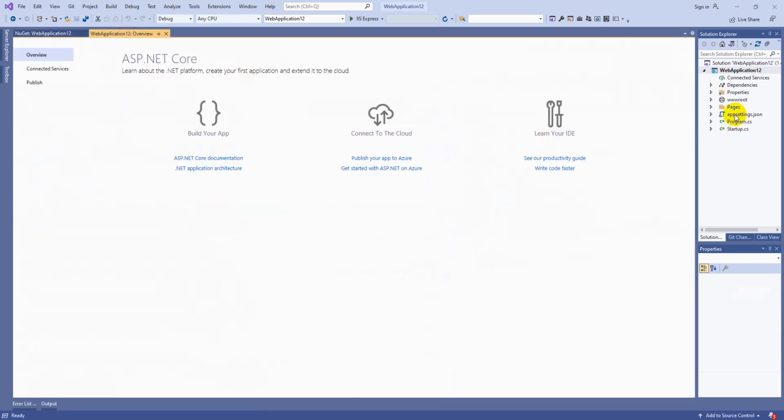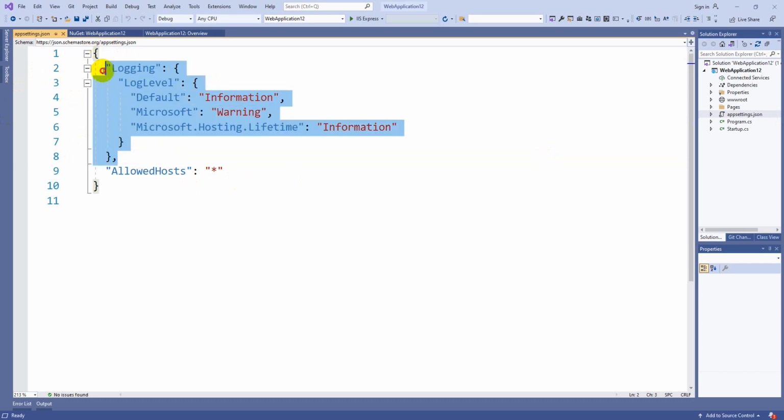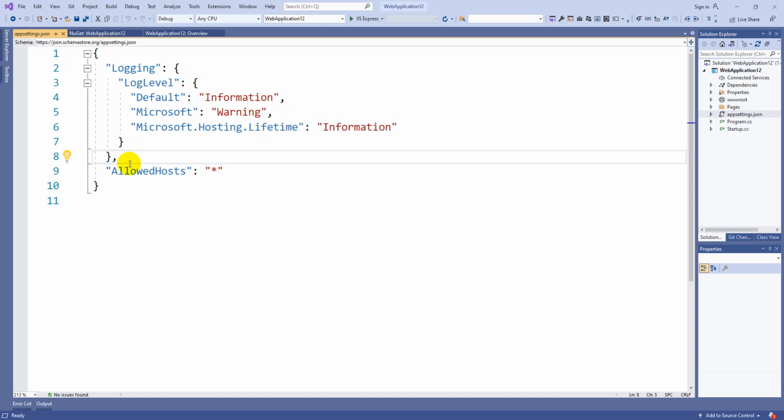Here you have a JSON file called appsettings.json. Normally in web applications in .NET Framework, we have the web.config file, where we used to write the connection string, right? Here we write the connection string in this JSON file, appsettings.json. Anywhere you can write after this comma. This is going to be a JSON string.